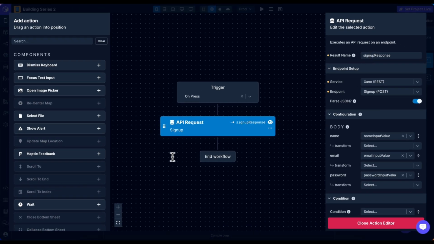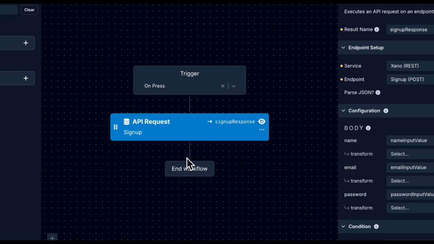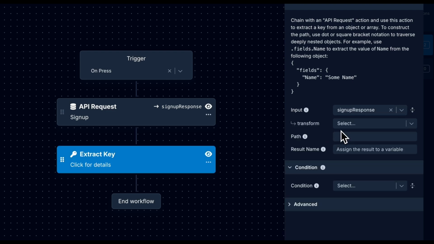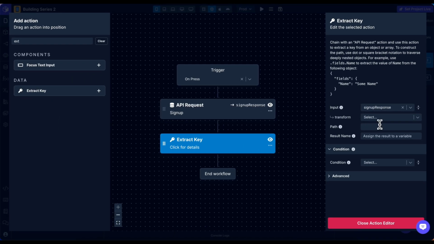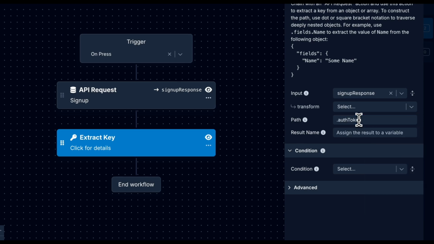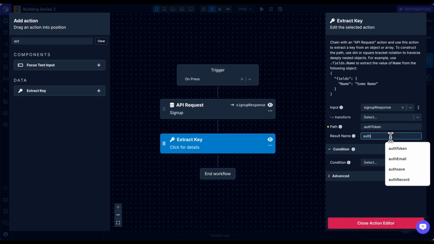In the response handling section, we need to capture the auth token from the API response if there is any. So we will use extract key action. Use the action result sign up response as an input. Let's add the key path as auth token. We will again give a result name,